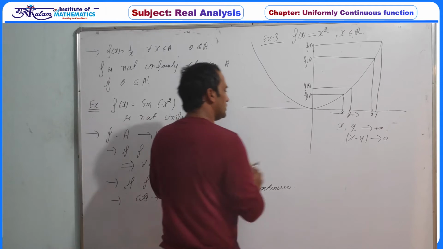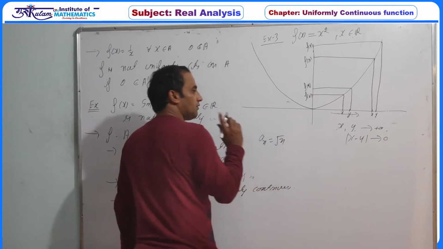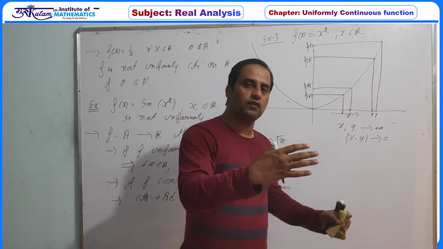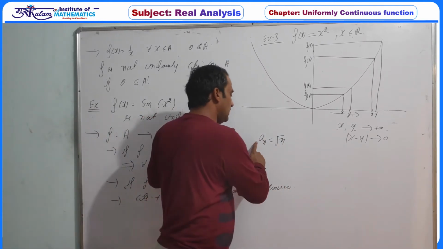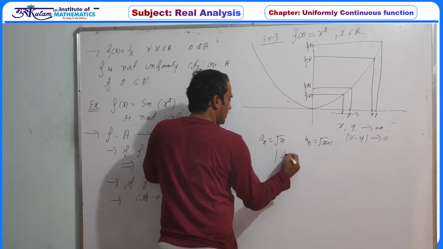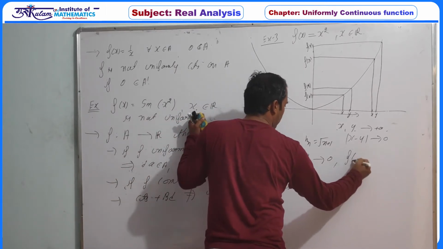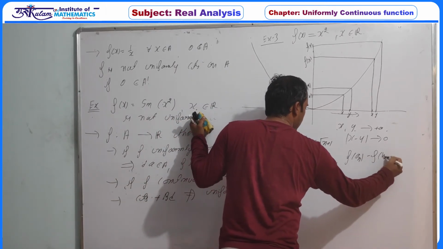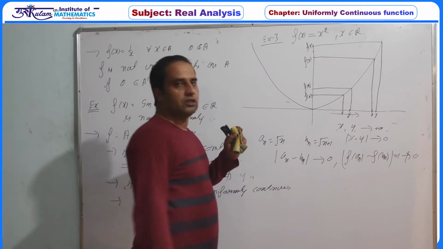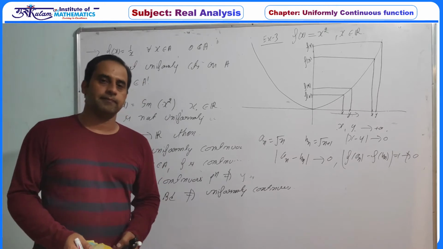So based on this, we can consider some sequences. Say a_n is equal to square root of n. This sequence tends to infinity. We have to pick two sequences, both tending to infinity, but the difference should tend to 0. So take a_n equal to this one, and b_n is equal to square root of n plus 1. So definitely a_n minus b_n, just rationalize, you will get this. And the mod of f(a_n) minus f(b_n) is equal to 1, which does not tend to 0. So this function is again not a uniformly continuous function on the whole real line.